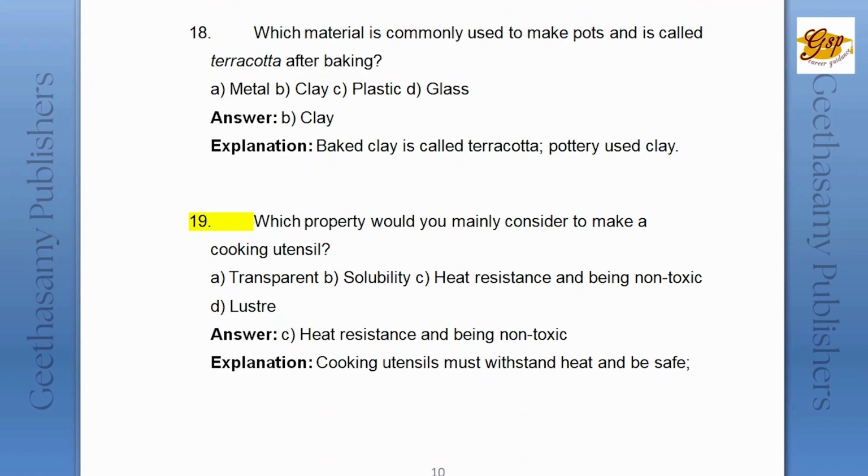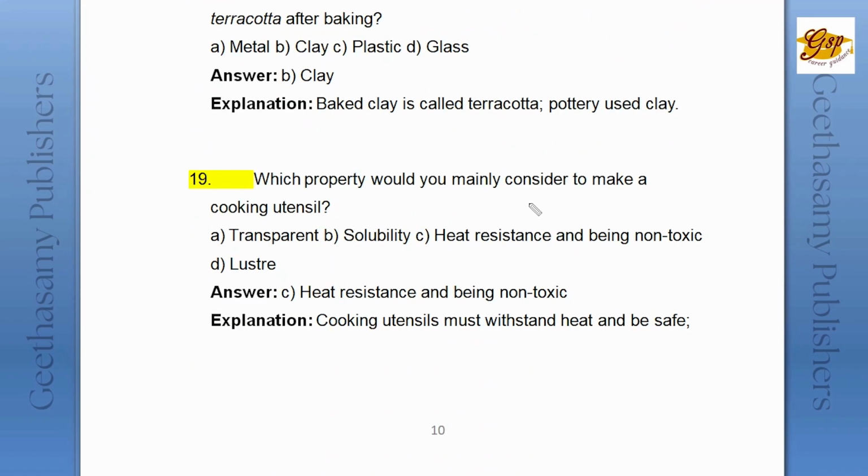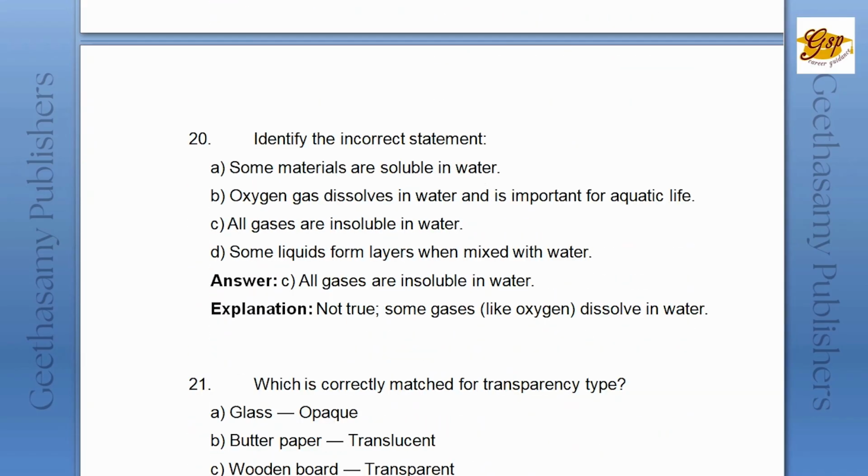Fine. And 19th question: which property would you mainly consider to make a cooking utensil? Transparent, solubility, heat resistance and being non-toxic, and luster. The correct answer is heat resistance and being non-toxic. So cooking utensils must withstand heat and be safe, right? And 20th question,